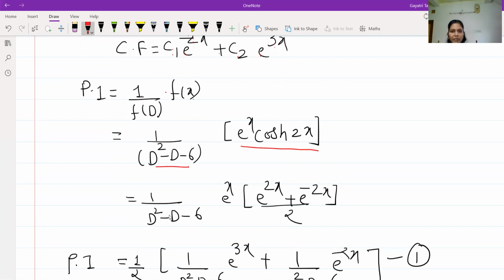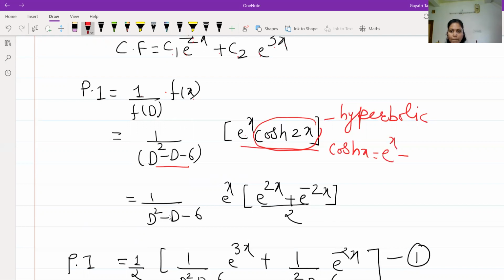Now see that it is the multiplication of two functions, but what is the second function? The second function is nothing but the hyperbolic. And we know that. What is the formula for the cos hx? Cos hx is e raised to x plus e raised to minus x by 2. इथं x आहे म्हणून इथे फक्त x आहे. तर आपल्याकडे काय? Cos h 2x. तर इथं x च्या जागी काय येऊन जाईल? 2. So this is the formula for the cos h 2x.